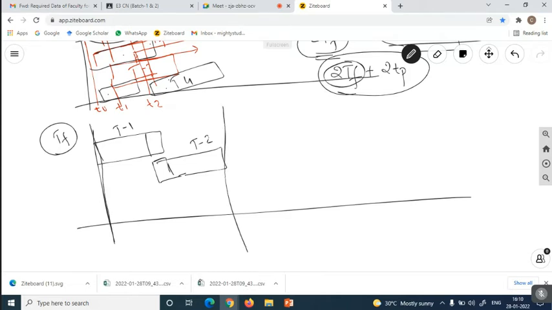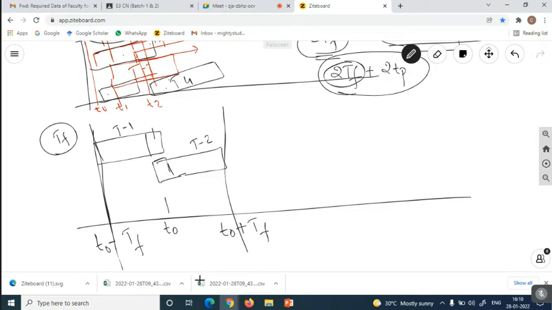what is the total difference between these periods? Suppose at the time of T0 they are going to collide, the total time between these two particular frames must be 2TF to come out of the collision. That means here the time must be T0 plus TF, and here T0 minus TF.